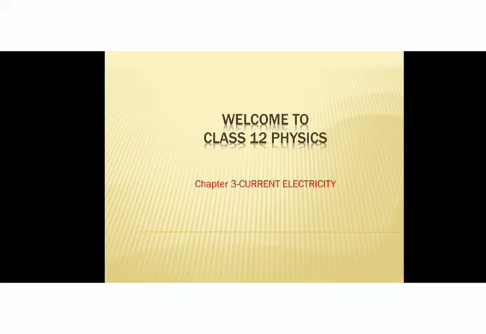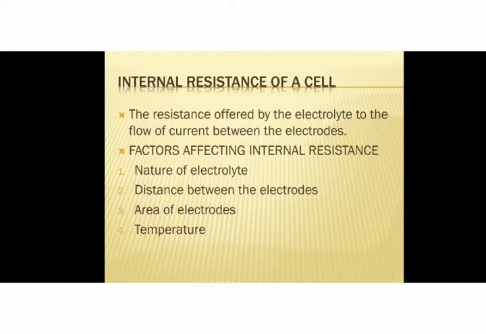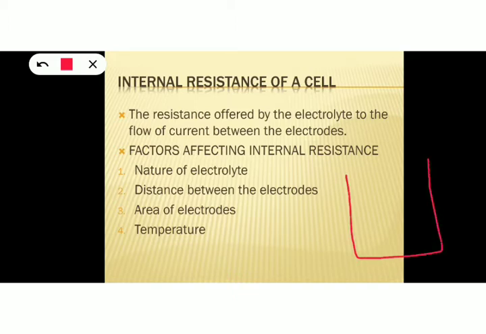Children, let's talk about internal resistance of a cell today. So what do you mean by a cell? We have already mentioned that there is a simple device which maintains a steady current in an electric circuit. And this simple device is known as a cell. You can call it an electrolytic cell. And do you know the basic structure of an electrolytic cell? You might have studied about it in your previous classes.